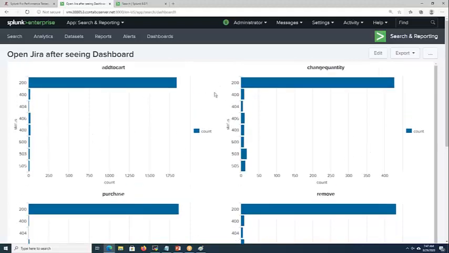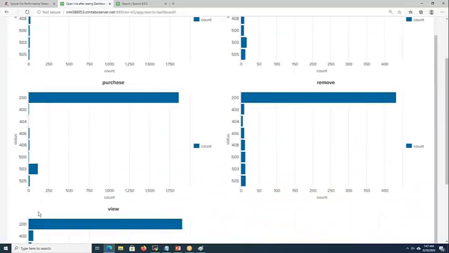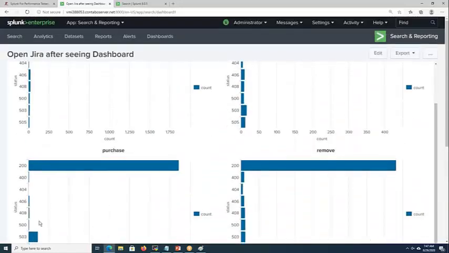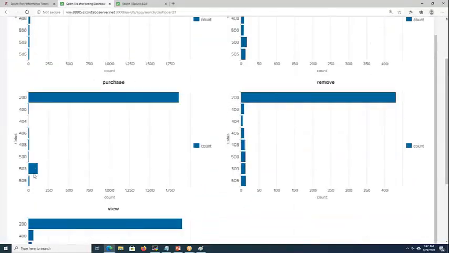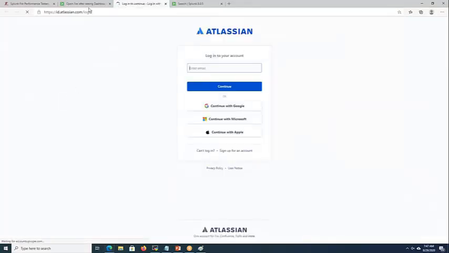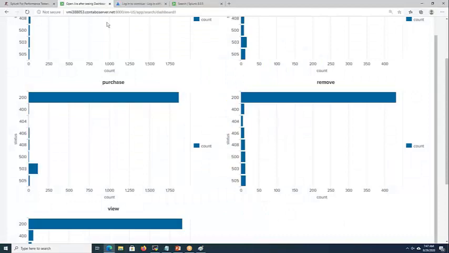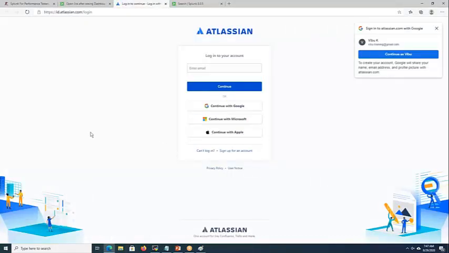Got it? Now, that is for a developer. Let us assume I am seeing this 503 recently, which was not there in the prior sprint or prior release. So what do I have to do? I have to create a Jira link. I can configure my Splunk such that if I click something in the dashboard, as I have clicked this one, it redirects to my Jira.